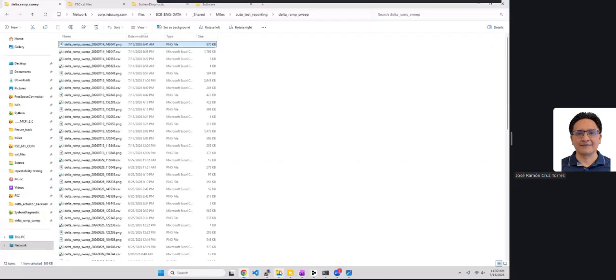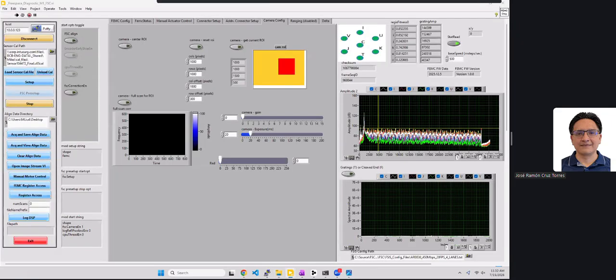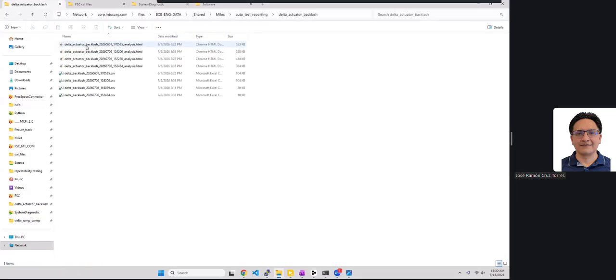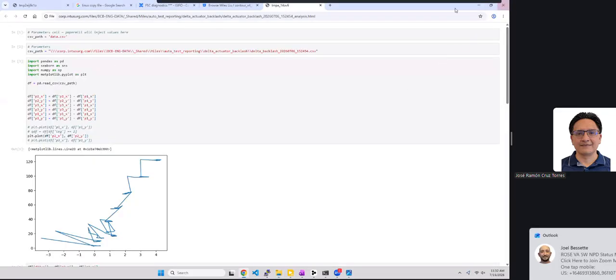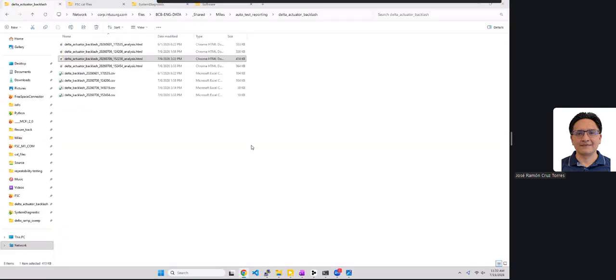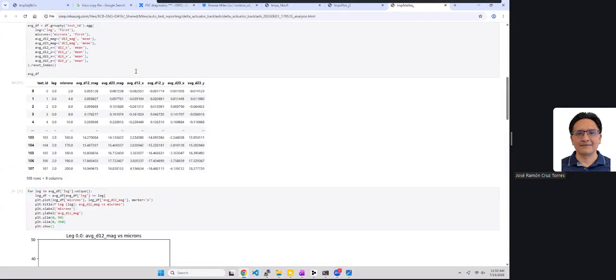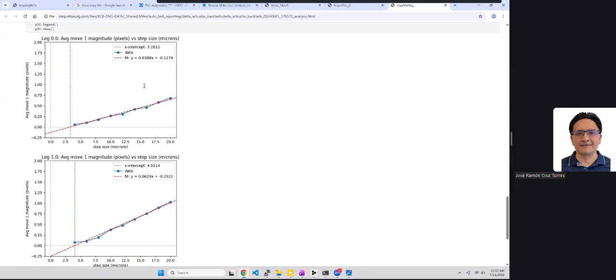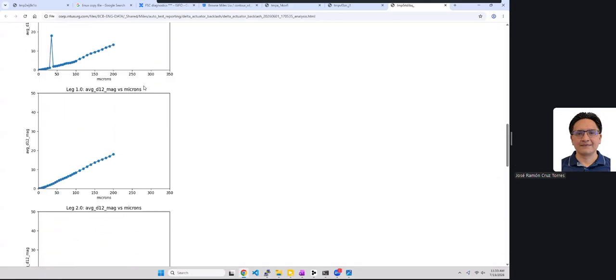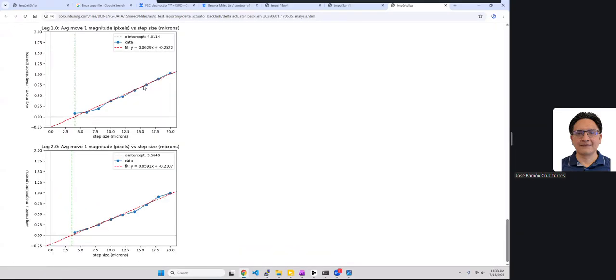But the point of the backlash testing is, let's see if I can. Okay. So this is a pretty good representation of the backlash testing that we were doing, but the way that that works is